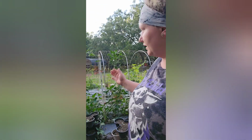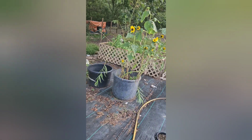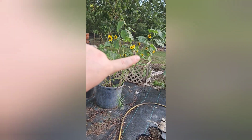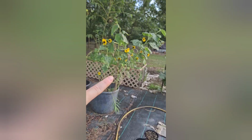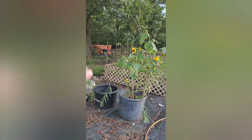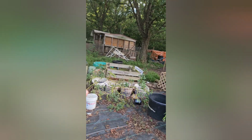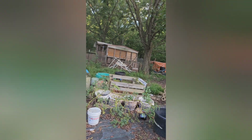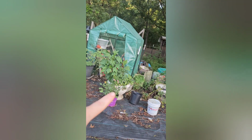We have another basil here, and so kind of the way that this works is we have all the peas here, and then still have a lot of room on this side, so I have my sunflowers. This is the cut flower garden that we planted together. I'm really excited to show you guys that. Here is sunflowers and another willow tree. And then we have all of my potatoes. That's compost inside of that thing. We have dahlias,